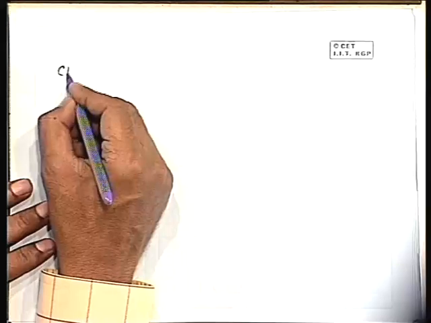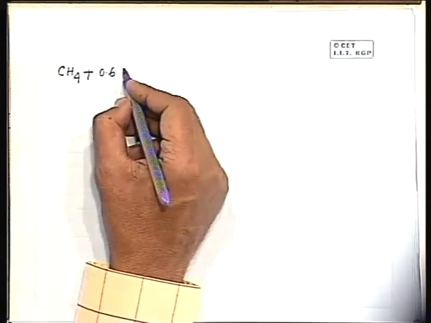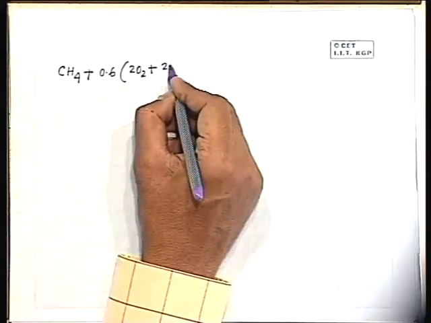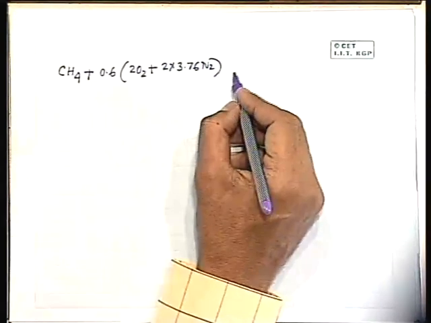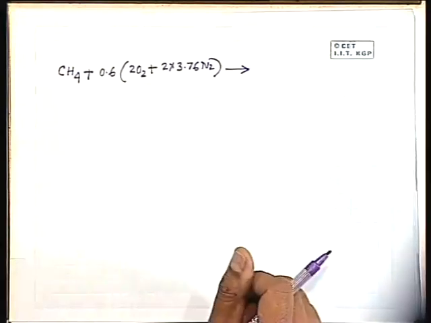First of all, we have to write the chemical balance of this equation. Now how can I write it? CH4 plus 0.6 of the stoichiometric, that is 2O2 plus 2 into 3.76 N2. Now the question comes, sir, why is CO coming? That is the concept: the hydrocarbon breaks, but it cannot completely form carbon dioxide. If this was 100% theoretical air,